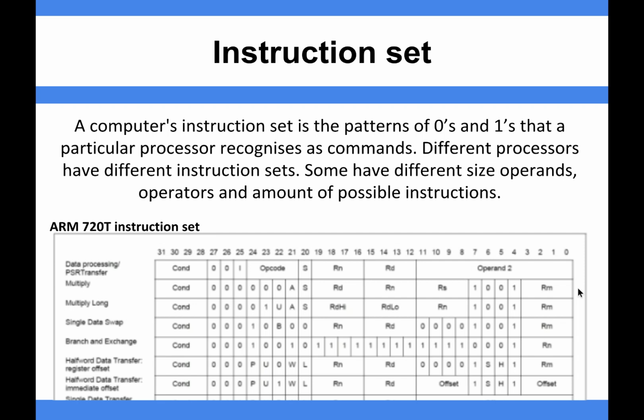So a computer's instruction set is the patterns of zeros and ones that a particular processor recognizes as commands. Different processors have different instruction sets. Some have different size operands, operators, and amount of possible instructions. I've already mentioned instruction set quite a lot in the decode area of the fetch, decode, execute video, so I would advise you to go back there and understand what I mean by operands, operators, and the different amount